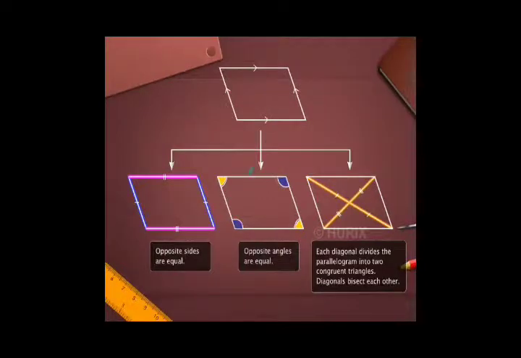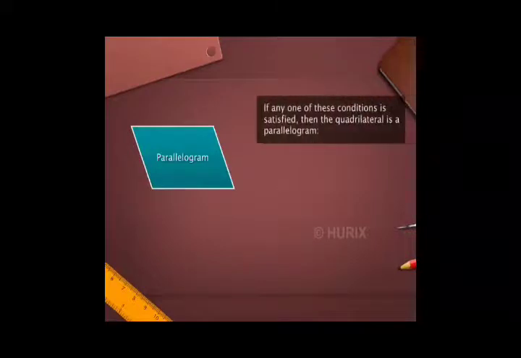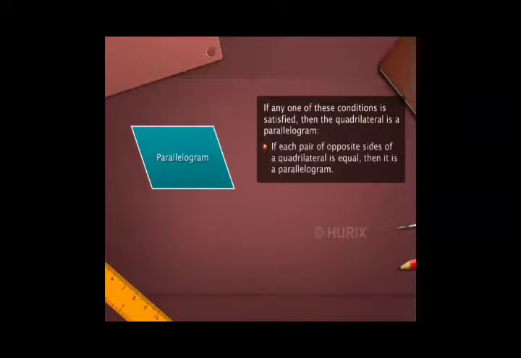In other words, for a quadrilateral to be a parallelogram, it needs to show the following properties. This statement is true the other way round too. That is, if any one of these given conditions is satisfied in a quadrilateral, then we can conclude that the quadrilateral is a parallelogram. The conditions are: if each pair of opposite sides of a quadrilateral is equal, then it